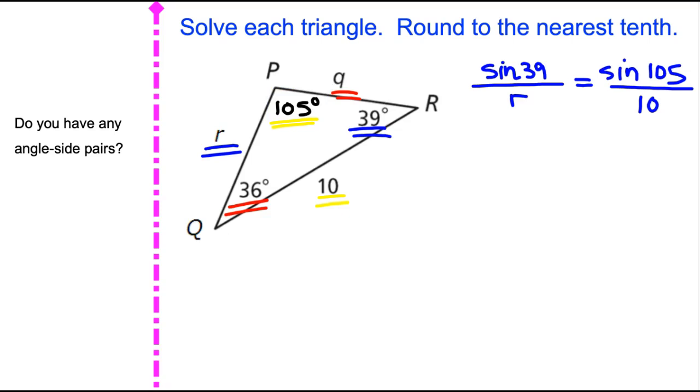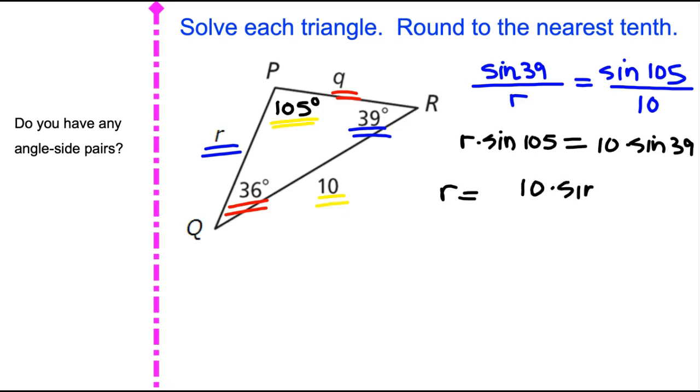So then if we use cross products to solve for r, we have r times the sine of 105 is equal to 10 times the sine of 39. Divide both sides by the sine of 105, and you get r is equal to 10 times the sine of 39 degrees all over the sine of 105 degrees. Which in your calculator, if you round to the nearest tenth, Michaela, is going to be